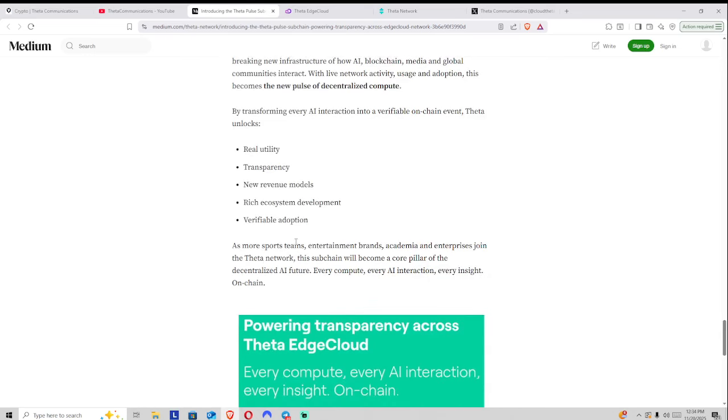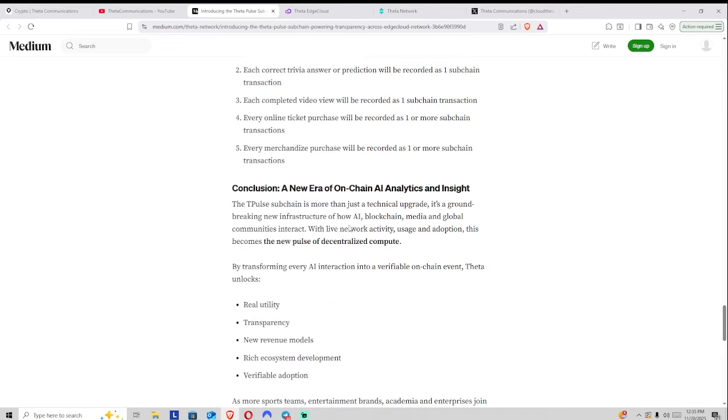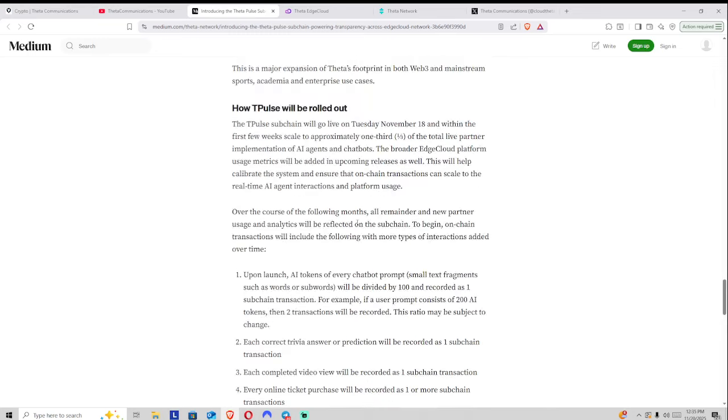And I really think too, as these new subchains roll out more and more, the Theta Labs team is going to be able to step back, and this truly then ends up operating like an operating system, like an OS, and then there are dApps all being built underneath, from this process they're going through right now with tinkering and setting up this Theta Pulse subchain.